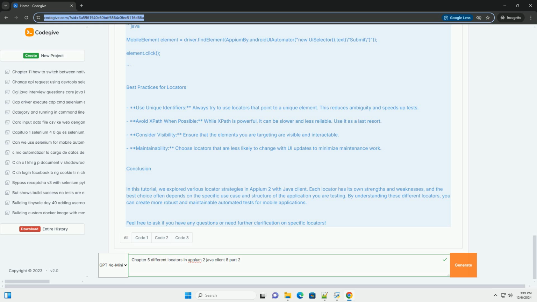### 4. CSS selector. CSS selectors are primarily used for web applications. They allow for a wide range of selection strategies. Code example, Java: MobileElement element = driver.findElement(AppiumBy.cssSelector("button.submit")); element.click();